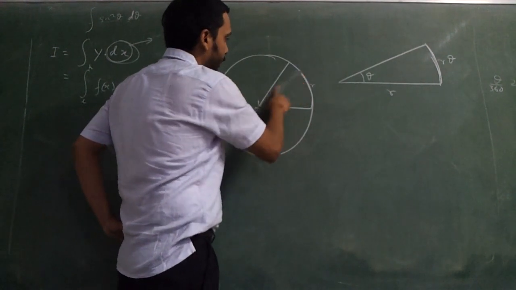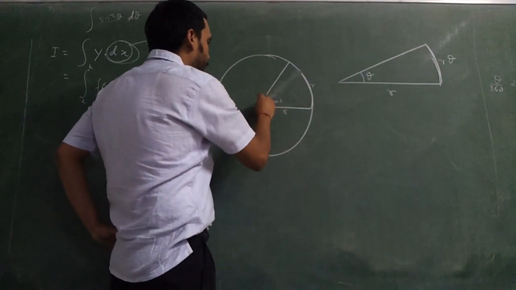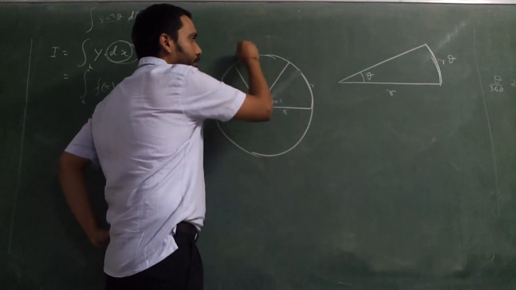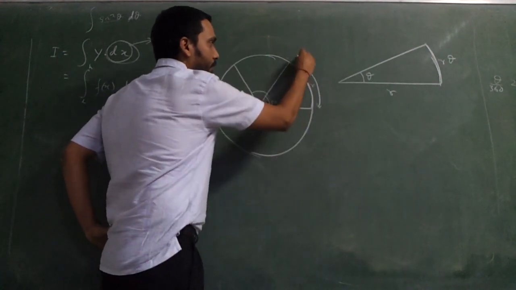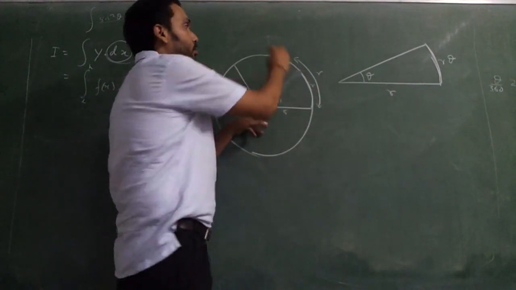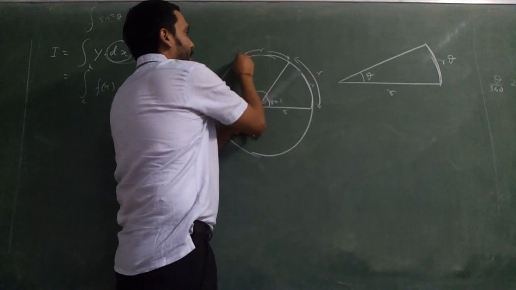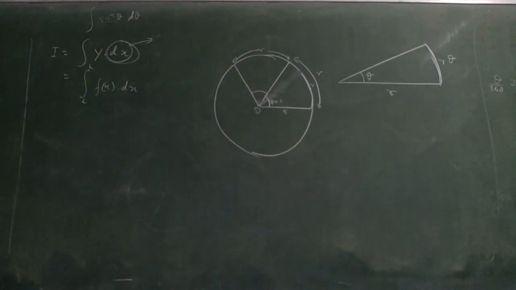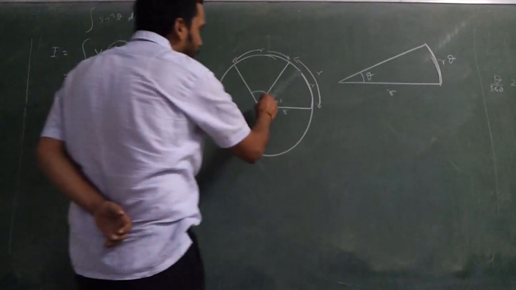This is your 1 radian. Suppose I build up another 1 radian. Where do I reach? How much more? This length is r. Now from this it would be r more, so it will be another r. So 2 radians corresponds to 2r arc length. 1 radian corresponds to 1r arc length. And half a radian will correspond to